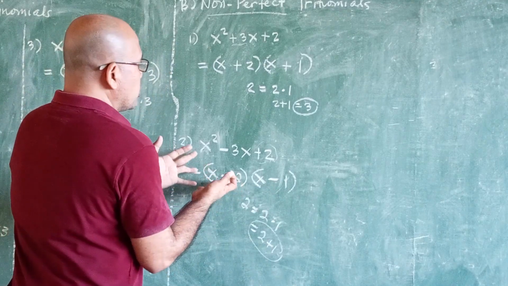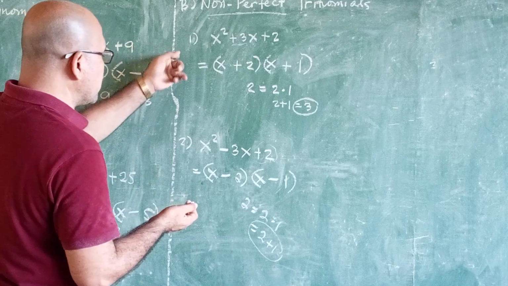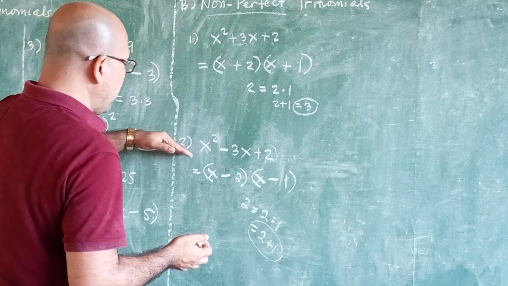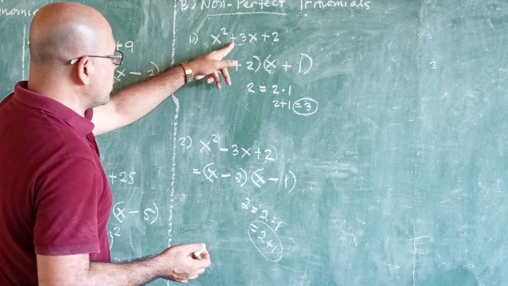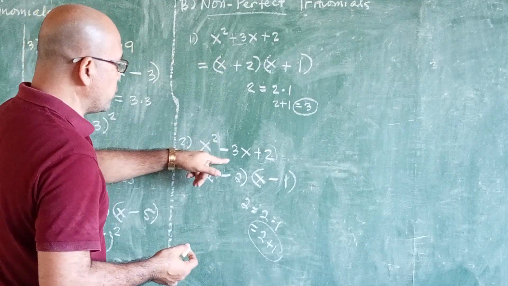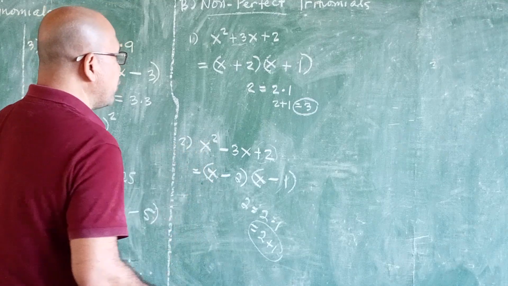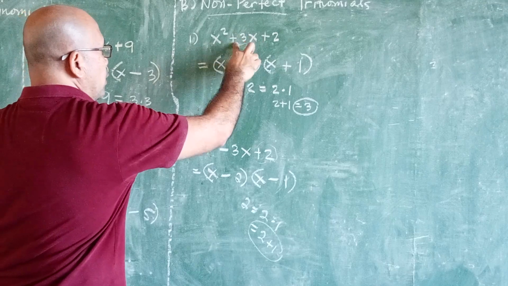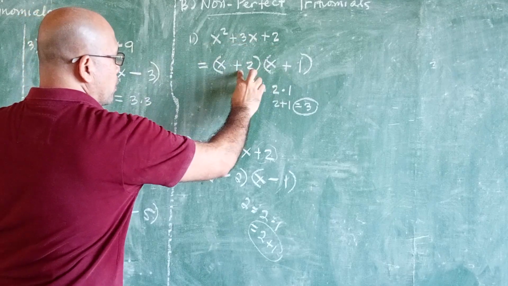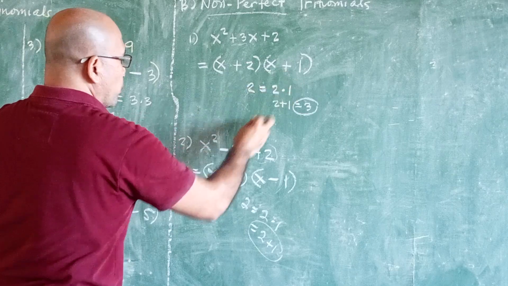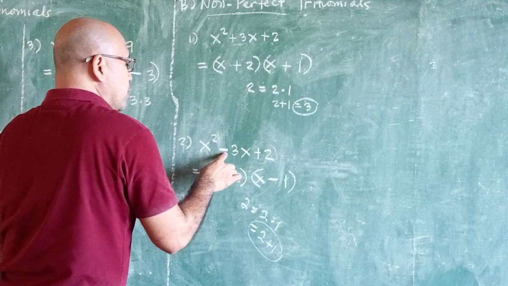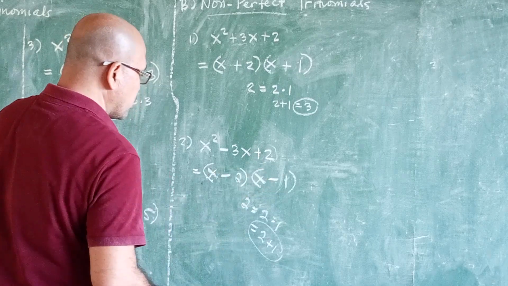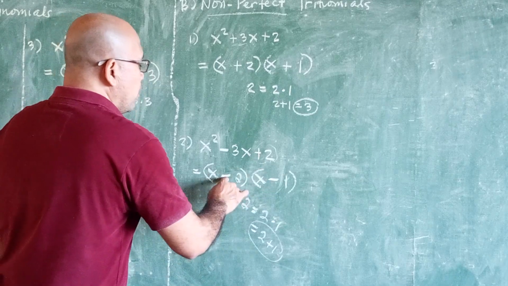So, as you can see class, if you compare the first and second examples, the terms are the same, only that in the second example, we changed the operation from plus to minus so that you can see the difference: if all terms are plus in the second and last, all factors also use plus, while if the second term is minus and the last term is plus, all factors use minus